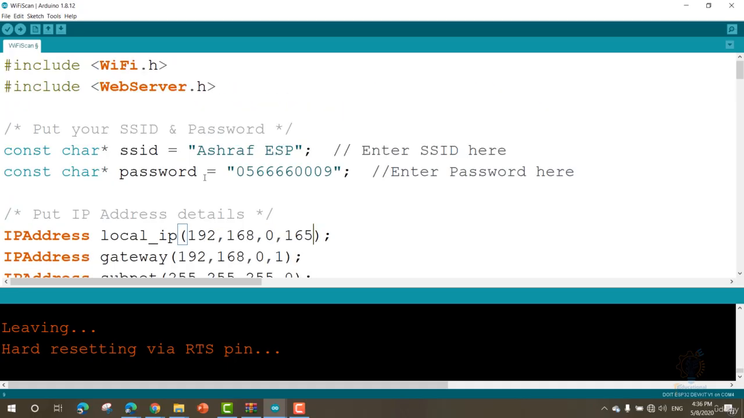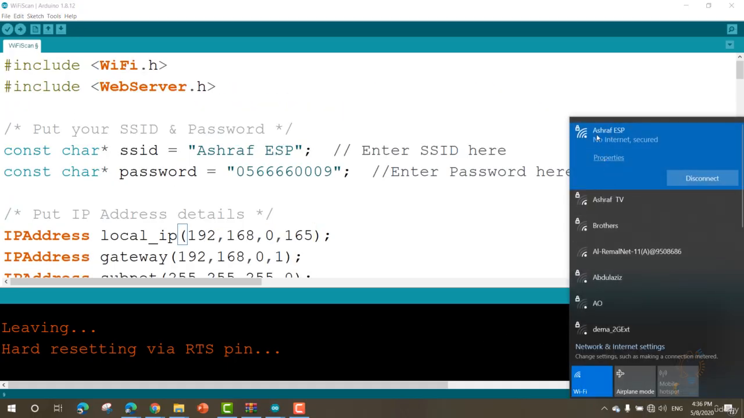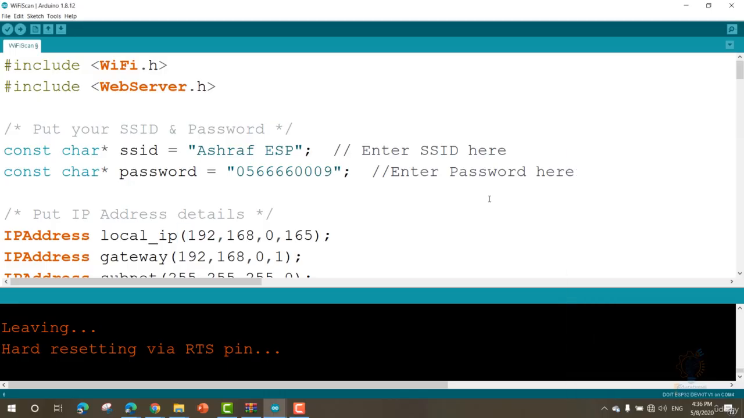Now what you need to do once you upload the code is go to the Wi-Fi networks and make sure that you are connected to this network, Ashraf ESP, or whatever you called it. Once you write the password, you will be connected to this network, and sometimes it doesn't take the IP configurations